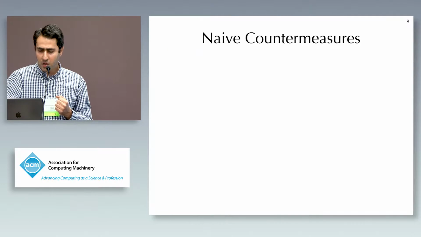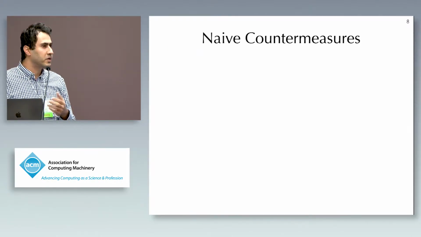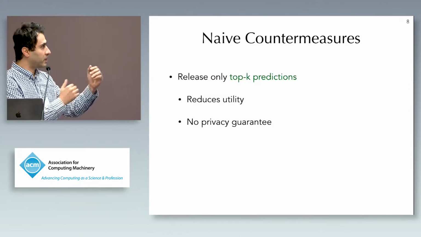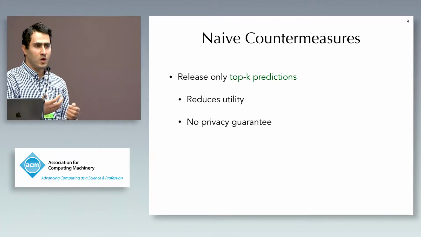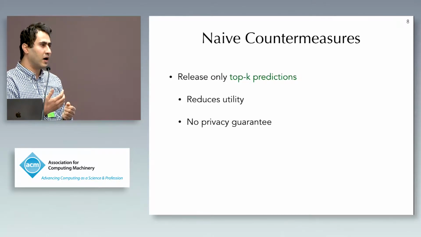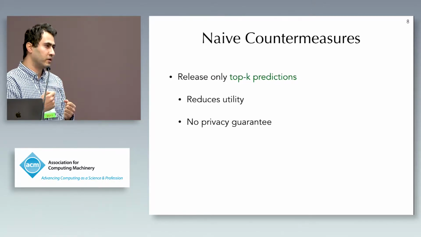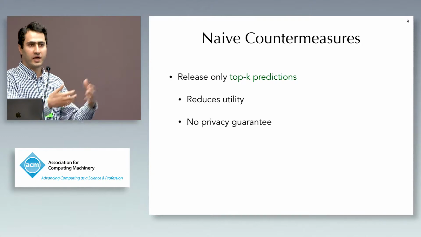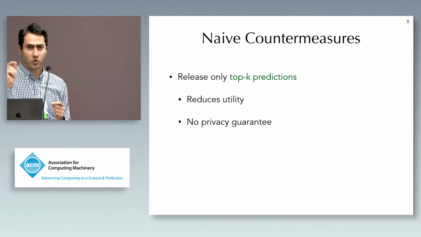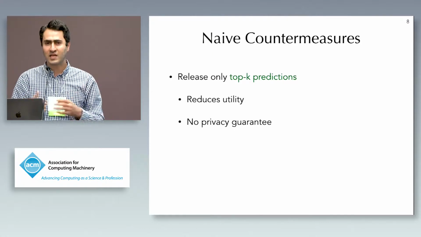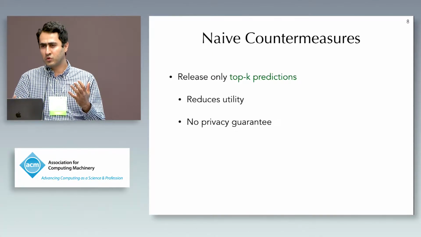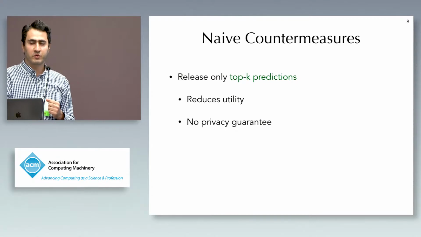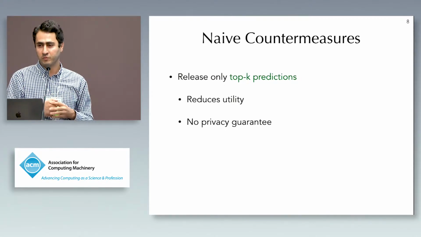All right, so one could think of some naive countermeasures to fix this kind of membership inference attack. So the first countermeasure is probably to limit the number of outputs that you return during the prediction. So if the job of classification is classifying objects and the output is scores for possible 100 classes, then you restrict your prediction API to only return the top 3 or top 5 outputs, right?